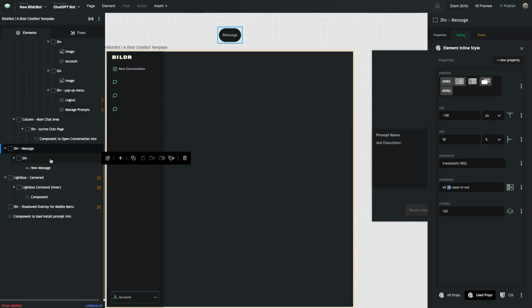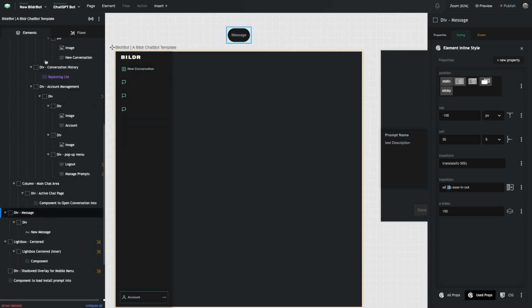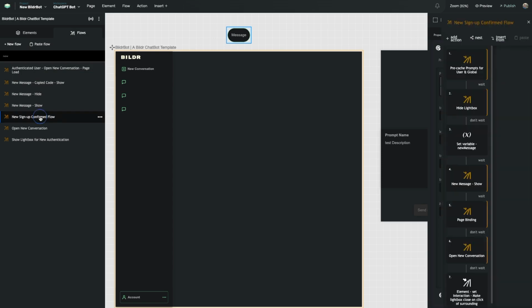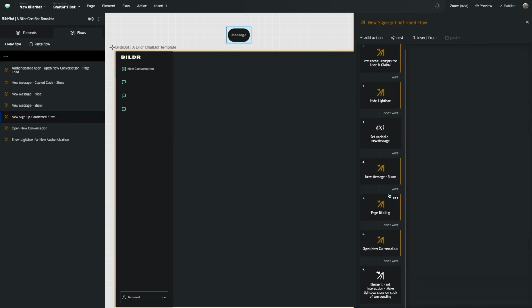And so that's what's occurring when we use this message center, which again, we use directly in those actions that you just saw, as well as in a page header I will show later on. So let's go back to our new signup flow and finish out that process. So we show our message, then we run page binding. We open a new conversation,